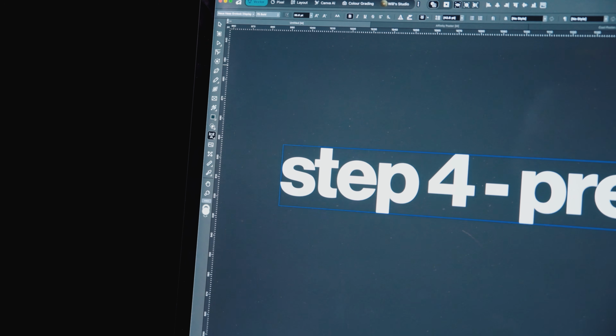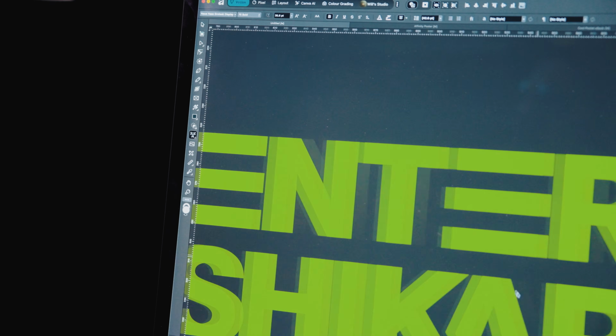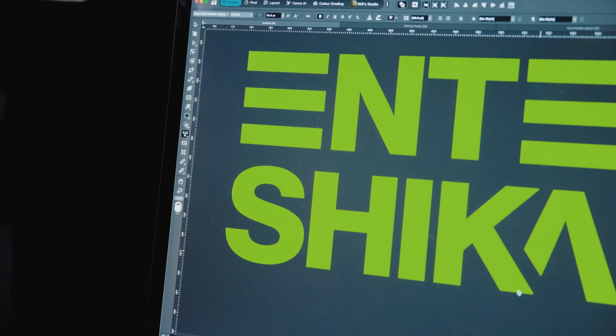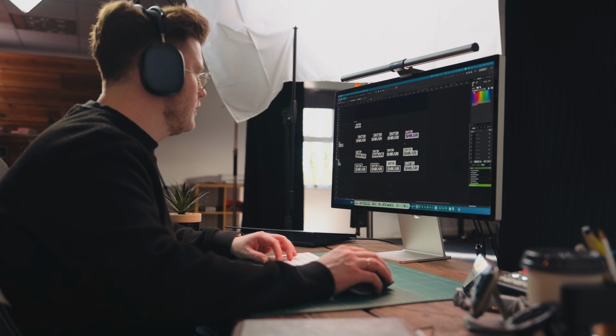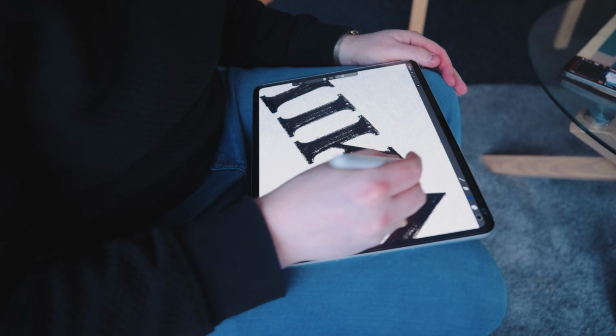We discussed before the project happened the process of how we would take it, and because Enter Shikari aren't really a business at all, we had to approach this differently. Normally, I would do a discovery call and some mood boarding and all this stuff, but it didn't really work out that way. We changed the process because the guys at Enter Shikari know exactly what they want and they knew the style better than anyone else.